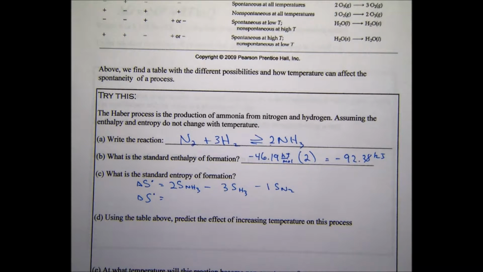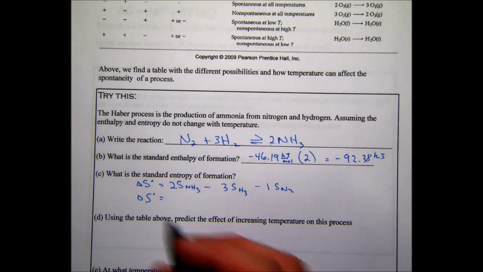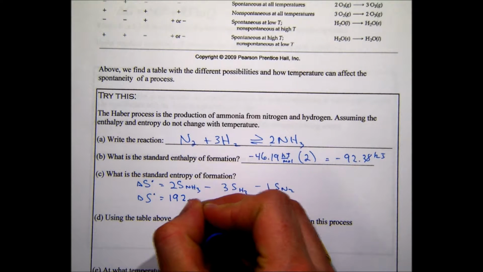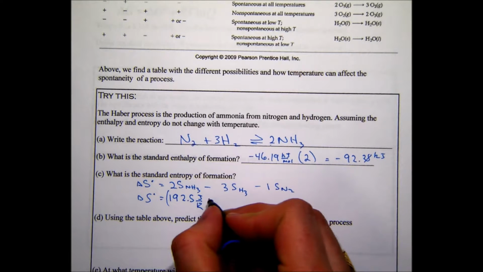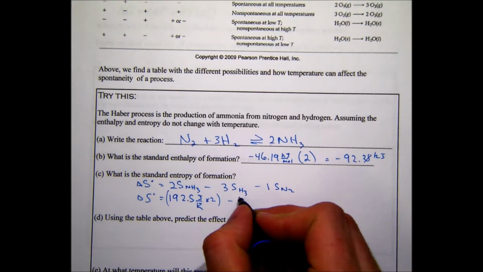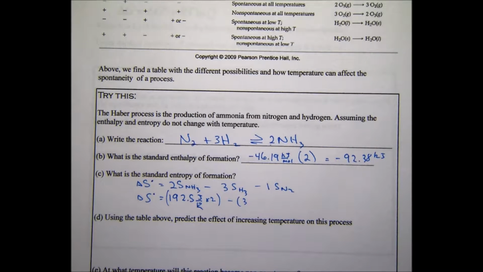So the entropy of ammonia, we flip through our guide here. The entropy of ammonia is 192.5 joules per Kelvin, and we've got to multiply that by 2, minus 3 times hydrogen,